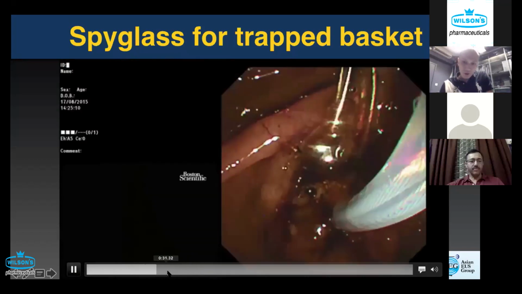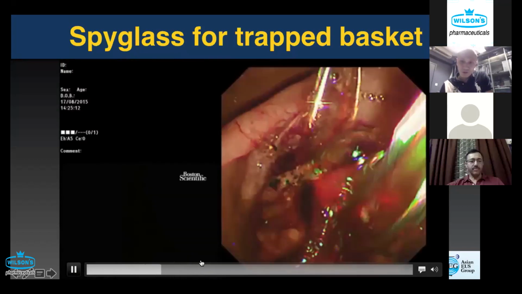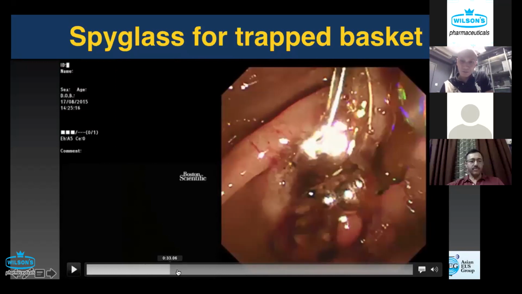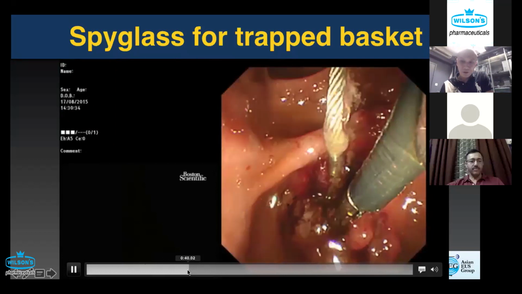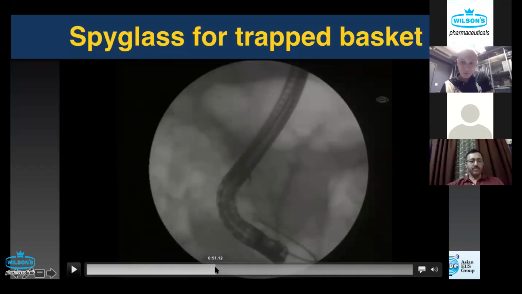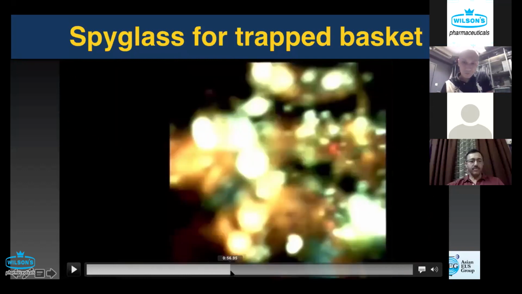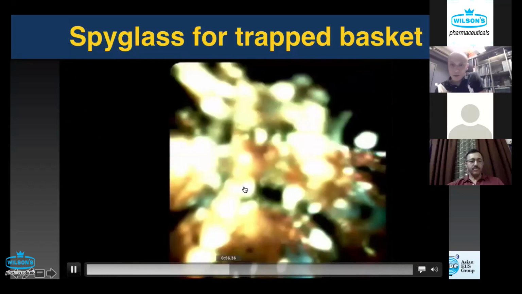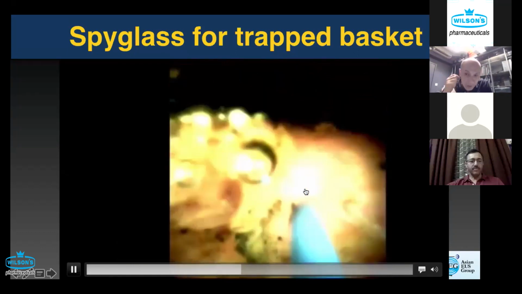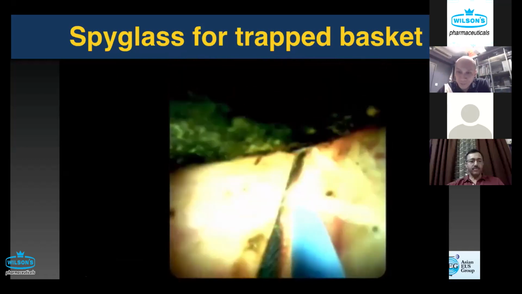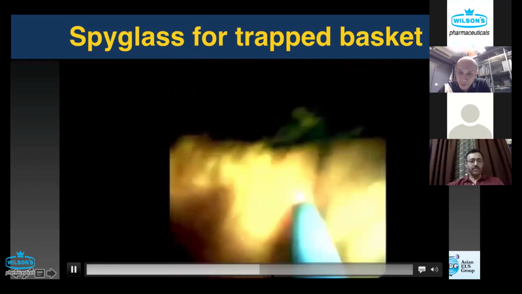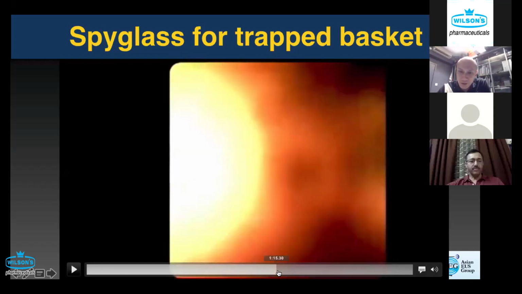It didn't work, so we had to use the spyglass right there. With the spyglass, we can fracture the stone which is stuck at the basket, and after we fracture it to a much smaller size,